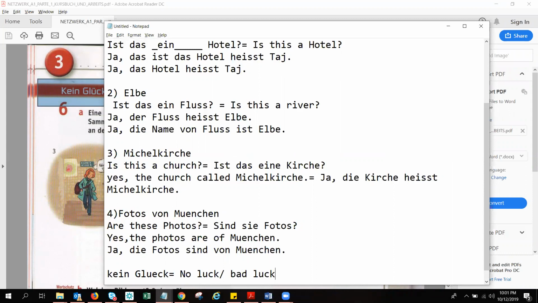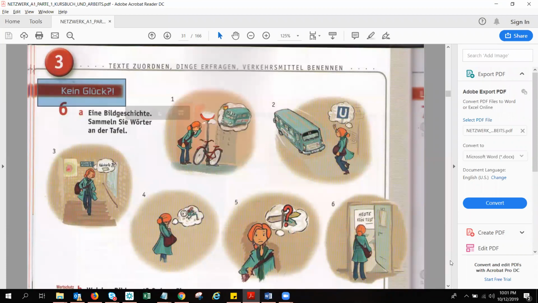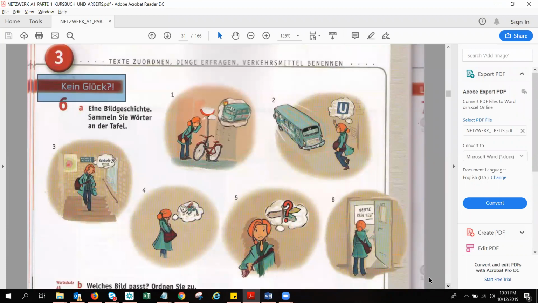Okay, so there are a few pictures you can see. The girl wants to go somewhere, and wherever she goes, there is some difficulty. Might be something is not there, and she's in a hurry. So, can you tell me, Pratibha, what is happening here, and can you tell it in the sequence in English?